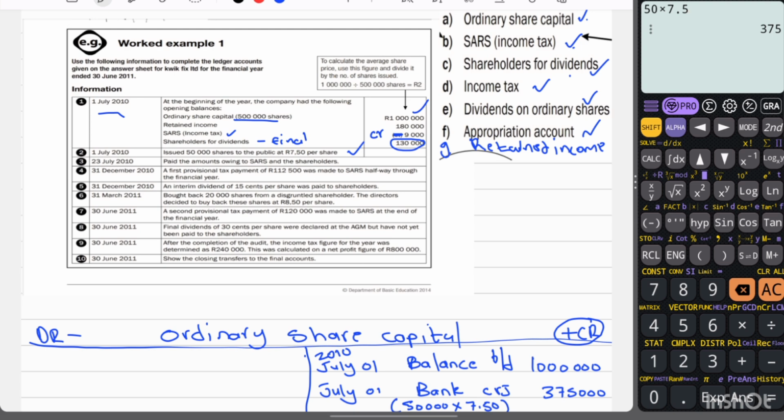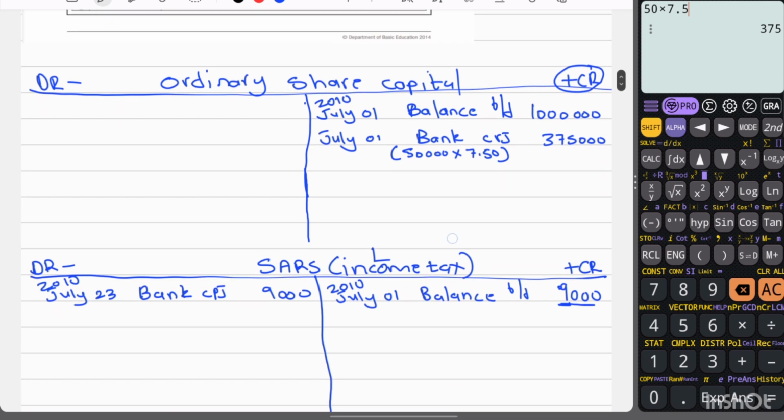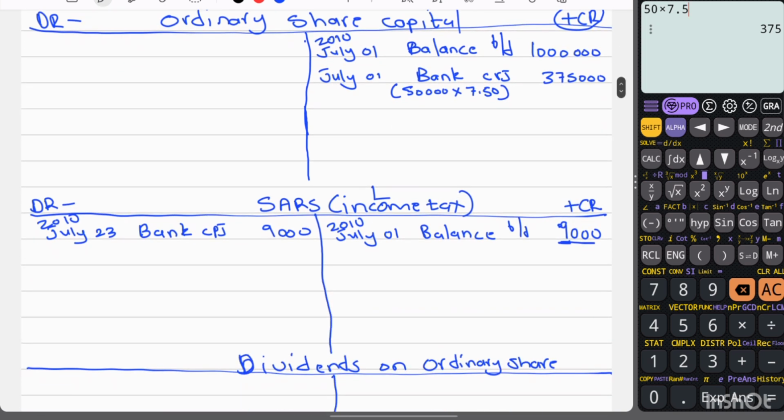Number 4, 31 December 2010, a first provisional tax payment of 112,500 was made to SARS halfway through the financial year. So now we are paying our income tax. We are paying SARS now. We are paying SARS our first provisional payment. So it's going to be bank here,